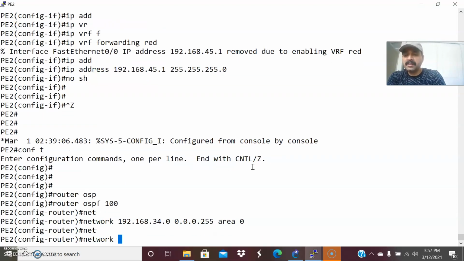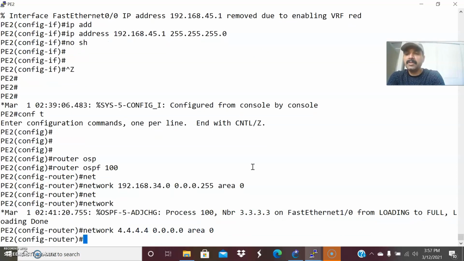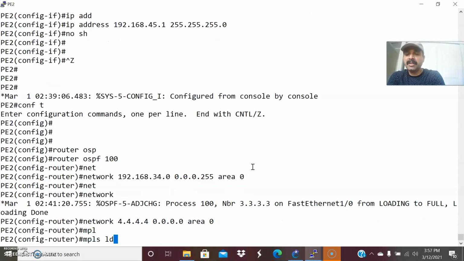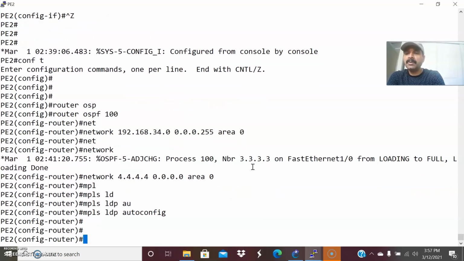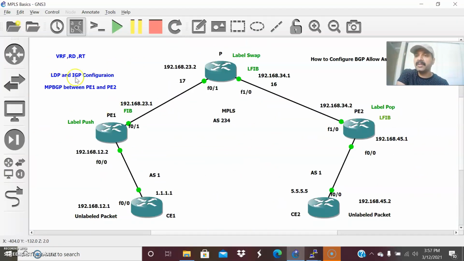Then the loopback address is 4.4.4.4, 0.0.0.0, area 0. Then let us activate the LDP, MPLS LDP autoconfig. So I have done the second configuration, activating the LDP and IGP between the PE1 and PE2 routers.